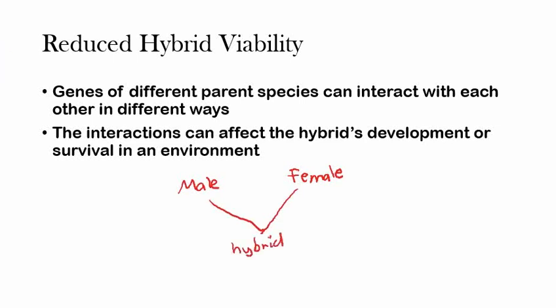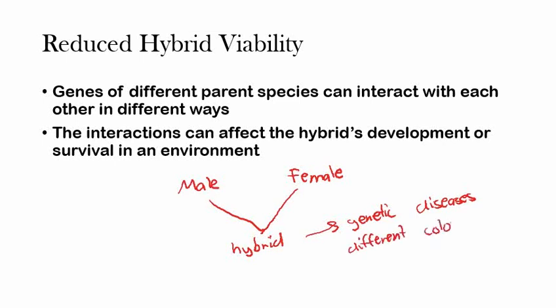Okay, so the female gives birth to the hybrid. The hybrid is being created, it's physically existent. It's not just a zygote. However, the hybrid itself has issues. Okay, let's say genetic diseases, or maybe it has a different color from the